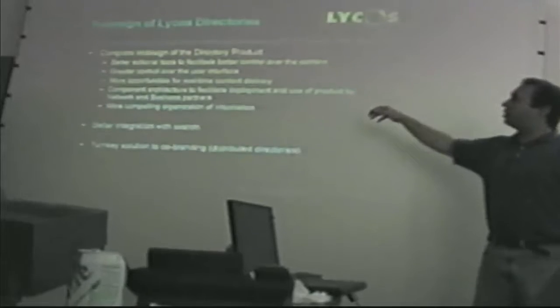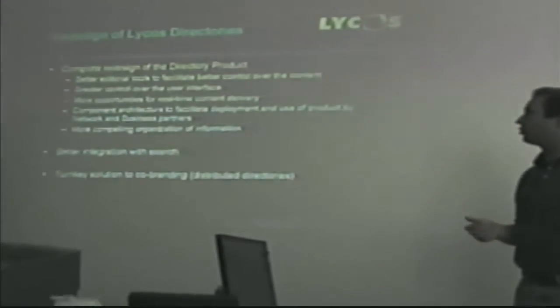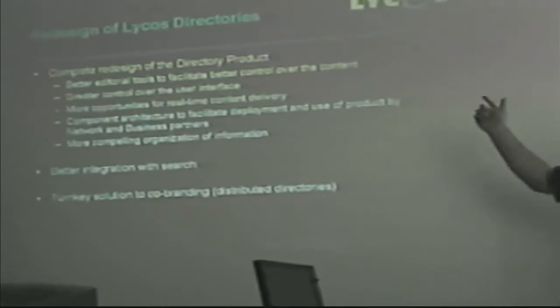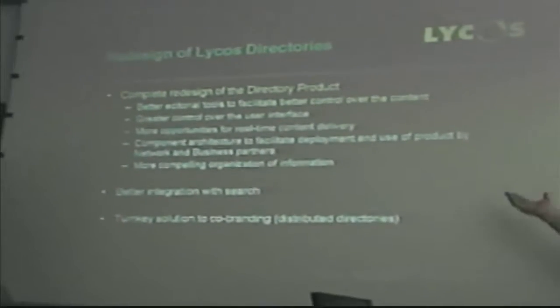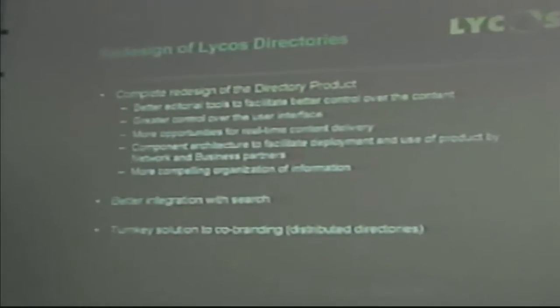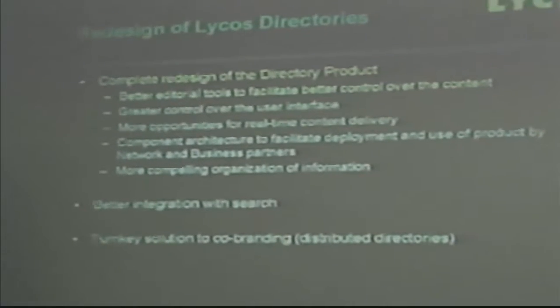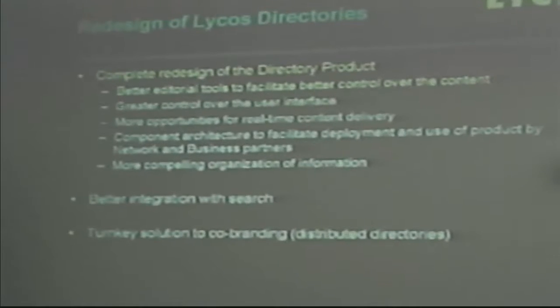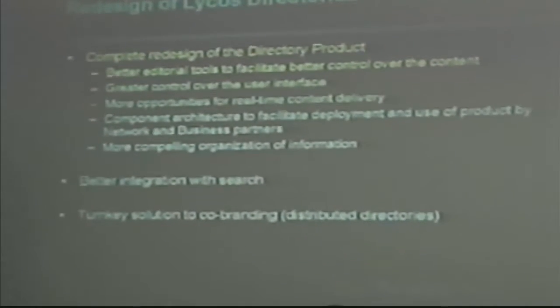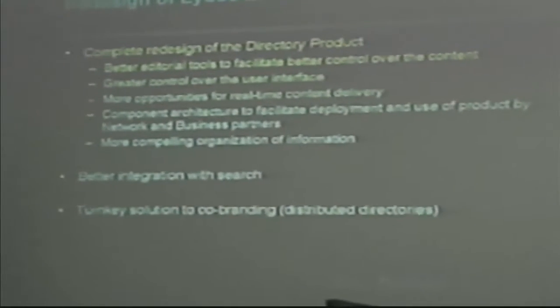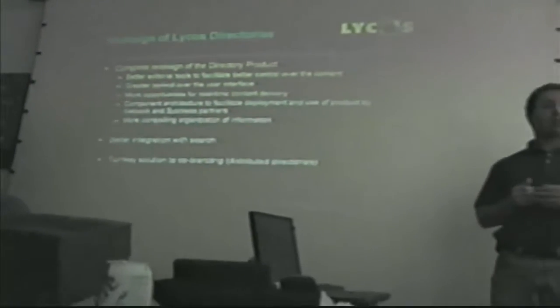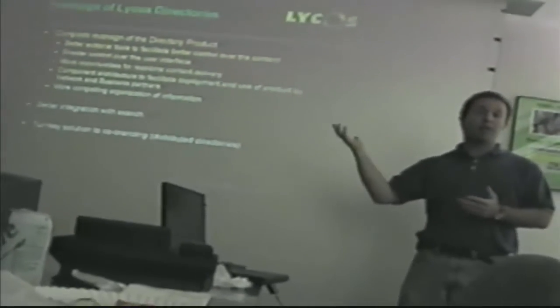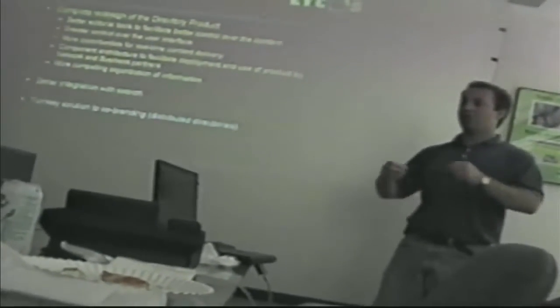So redesigning the directory, better editorial tools to facilitate control over the content. We have greater control over the user interface, more opportunities for real-time content delivery. We have this component architecture to facilitate deployment and use of the product by networking business partners. A good example of this is the Barnes & Noble component that we've recently introduced. In some of the categories where there are books that Barnes & Noble has that are relevant for that category, we've spidered the Barnes & Noble database of books, and we actually have a component beneath the websites that